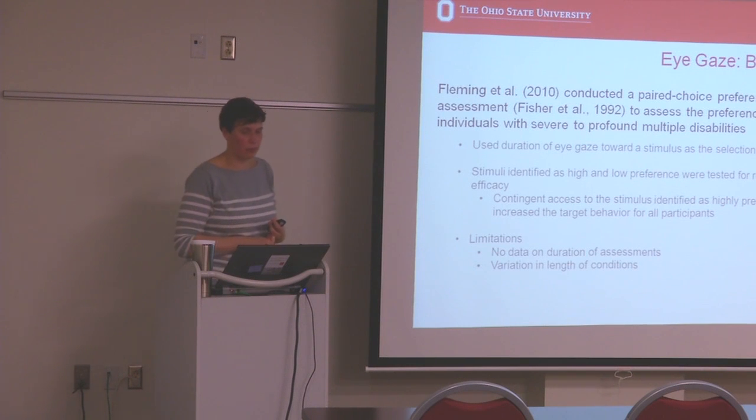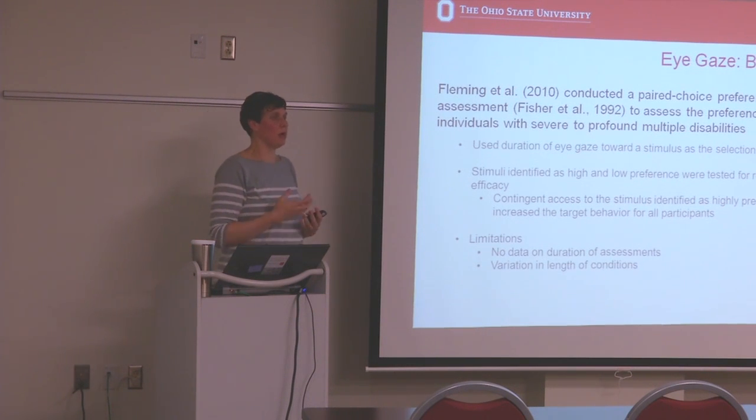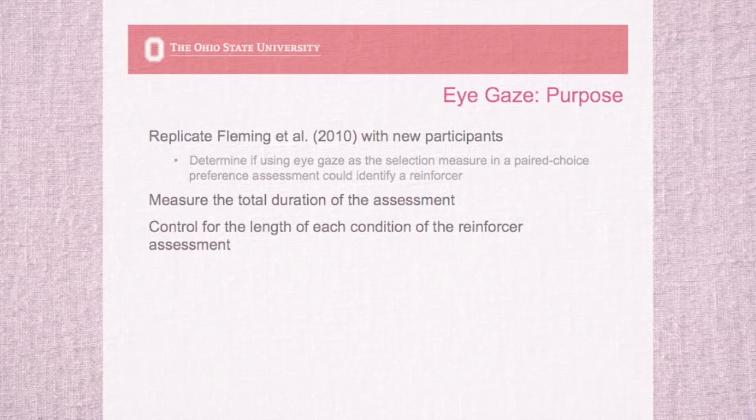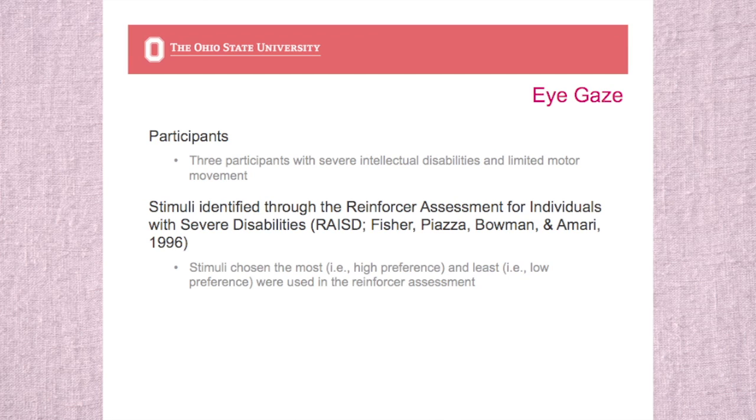And when we looked at our reinforcer assessment, we got some complaints back from reviewers saying, why are your condition lengths so variable? So we tried to control for that. So we did this again. We replicated the study. We did exactly the same thing, but we measured for duration, and we measured the lengths of the conditions in the reinforcer assessment. We had 3 participants. All had severe intellectual disabilities, and none of them were able to reach out and select